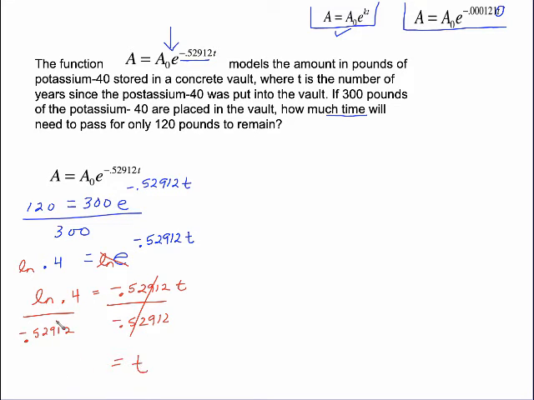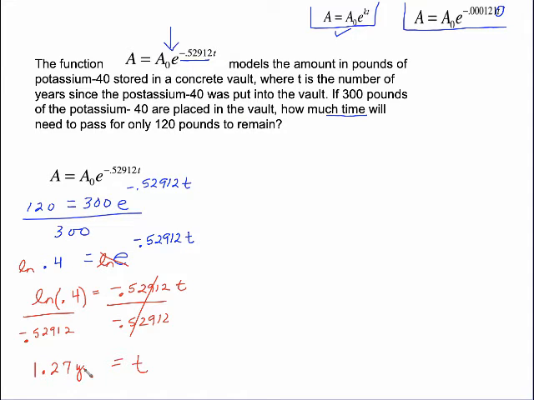And this is now when I would use the calculator. We could have done ln of 0.4 earlier, but it's going to be a long decimal, and rather than having to write all those digits down, I wait to the end to do the arithmetic. Remember, with your calculators, when you hit ln, you get a front parenthesis. You've got to be sure you close off that parenthesis before you divide by the negative 0.52912, and this works out to be about